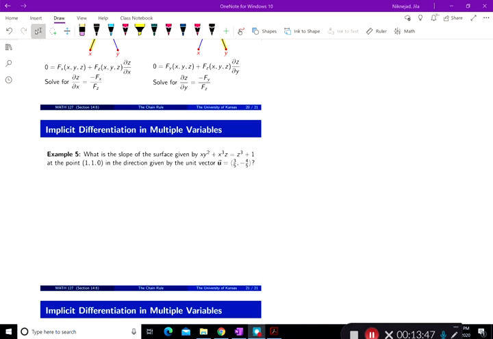Again, let's write the formulas, and first of all, let's find f of x, y, and z. To find f of x, y, and z, you have to take all variables to one side. So taking all variables to one side,